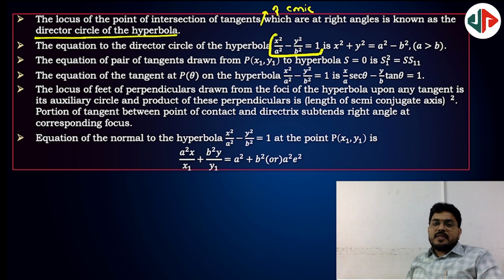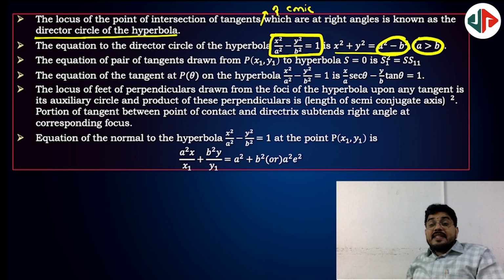x square by a square plus y square by b square is equal to 1. That is the director circle. The only difference is a should be greater than b. If a is less than b, there is no director circle. If a is equal to b,